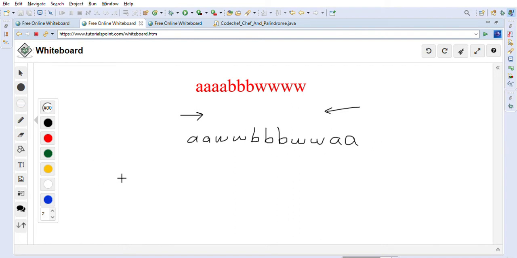What are other examples of palindromic strings? AA is a palindromic string, because it reads the same from both sides. ACA is also a palindromic string. Or if a string has only one type of character, like BBBB, this is also a palindromic string.